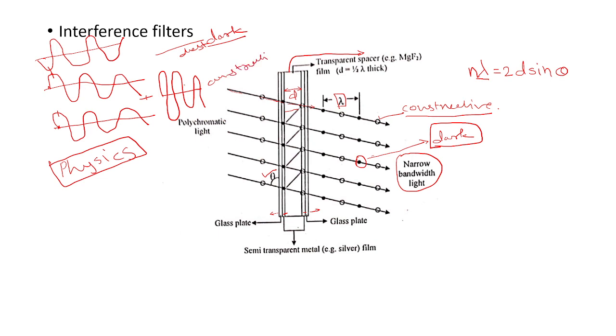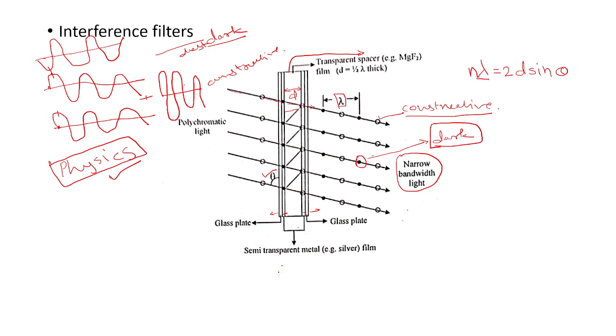You will understand that in detail when you read the optics chapter from physics. For our purpose we should know that these filters, the interference filters, work on the principle of constructive and destructive interference. These are the two types of filter, where incident light falls and, using some mechanism, you filter out the required range of radiation.